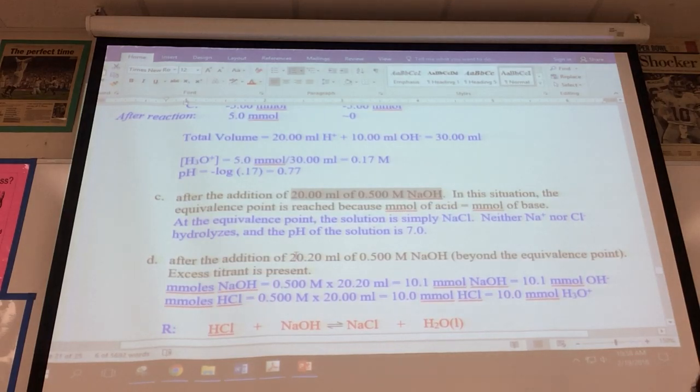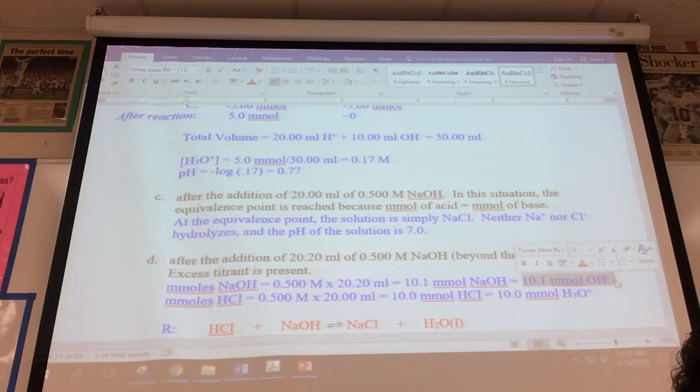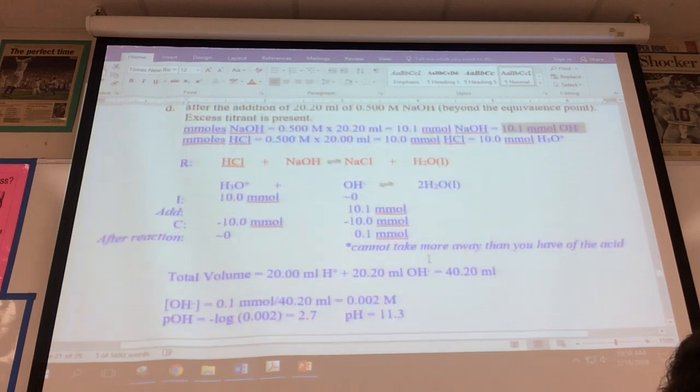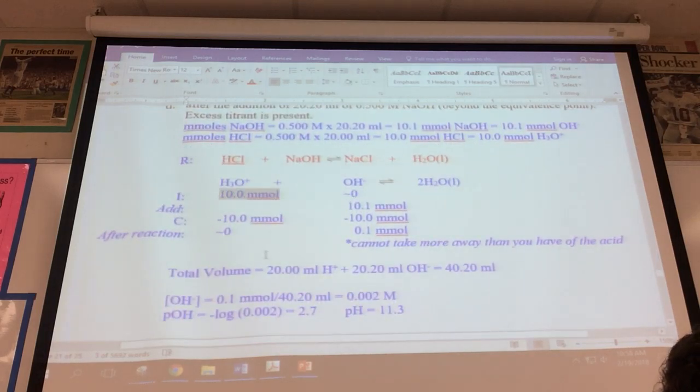Now we can go just past the equivalence point. We've got 20.20 mils of 0.5. That's 10.1 millimoles of base. And some of you asked me about this the other day. I said, be careful. You can't take away more than what you have. Look right here. Where did this 10 millimoles of acid come from? It's what we've had all along. It was 20 times a half is 10. We add this, but you can't take away more than what you have. So you only take away 10, and now the only thing you have left is